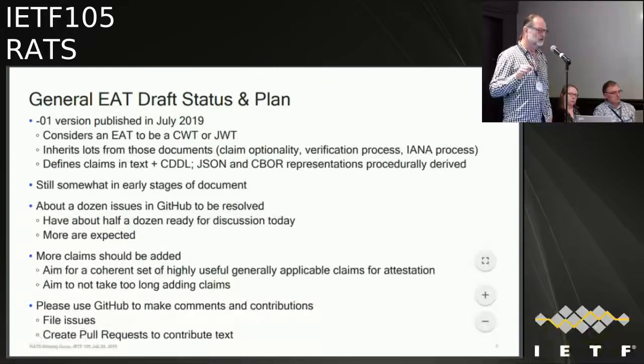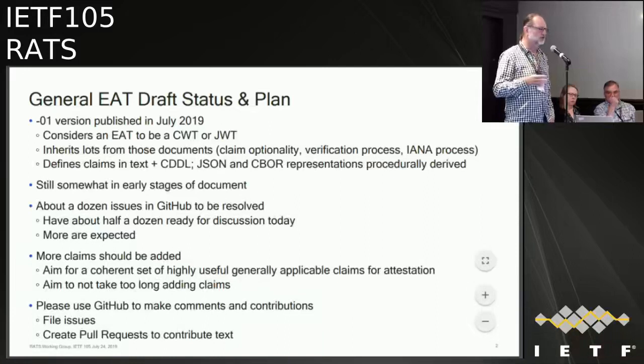Another thing that this version does is define the claims in some text plus CDDL. And then the CDDL is used to mechanically or procedurally derive the JSON or the CBOR for the actual serialization. Tomorrow we have some discussion about data model versus information model and how all that fits together, so I'm not going to go into that today. I'm just saying that this is how the 01 draft is set up.